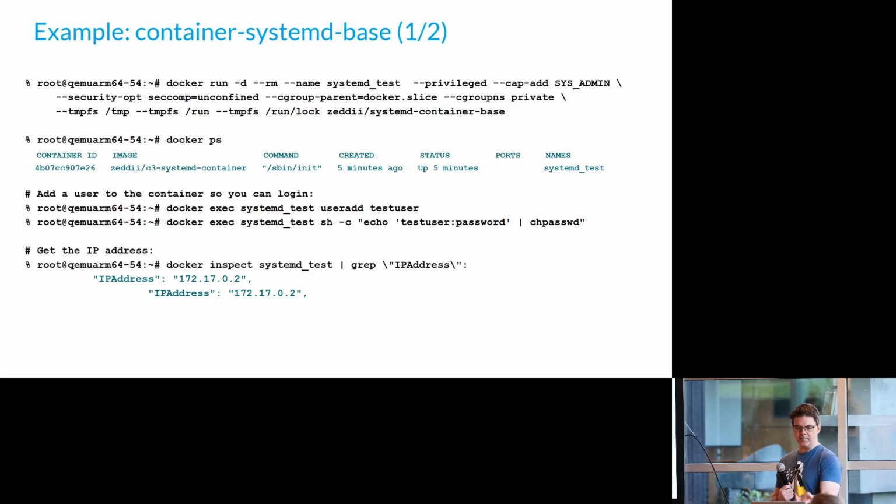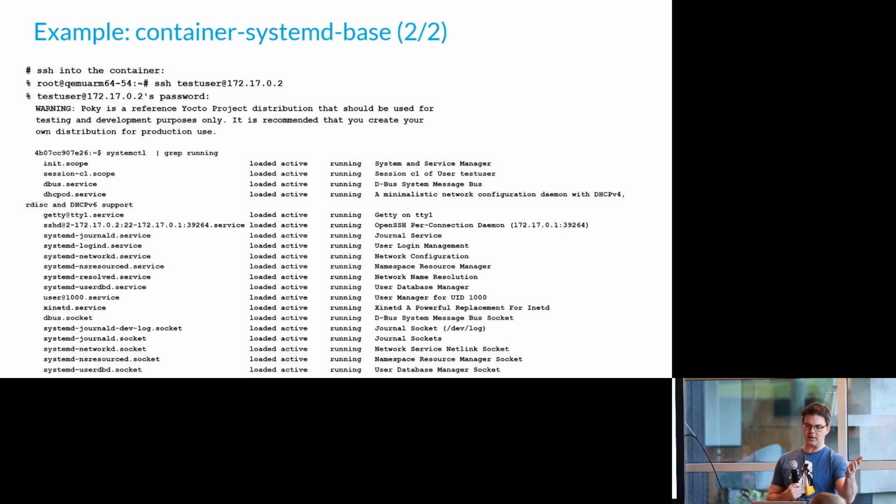But once you start it up, you can see it shows it ran sbin init. You can create yourself some users, and then you get the IP address, and you log into the container. I SSH into it here, and you can see it's a multi-user, multi-process container that's running, because sometimes, depending on what you're trying to containerize, it might really want systemd services or units for how it's started. And rather than re-implementing and factoring it into an application container, this might be the way to go. So I put it there as a reference.